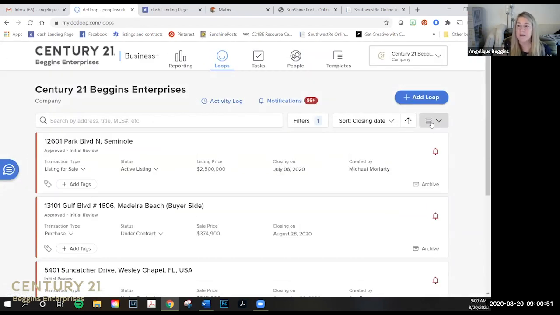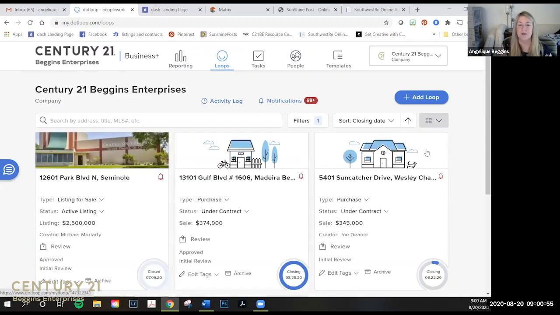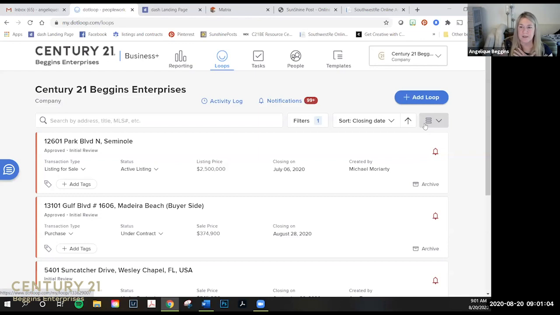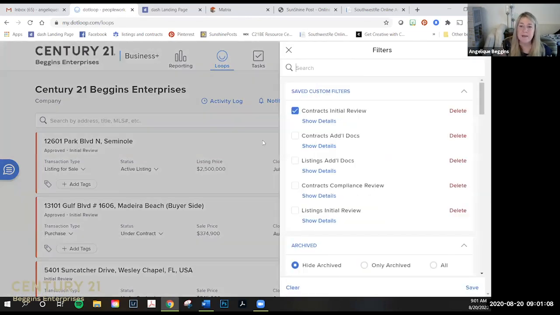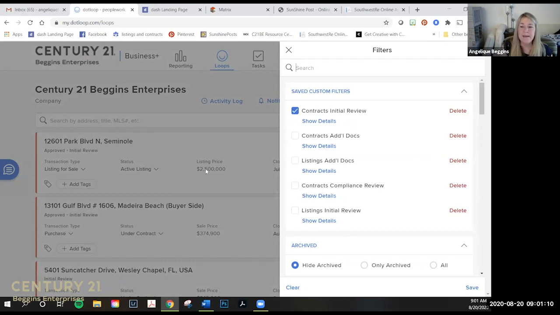Do you guys know that you can change the grid view too? You can change the look of your screen just by clicking here, so there's a list. I like the list view. If you want to use the grid view, by all means. And these filters are really important, you guys, because I'm sorry I got off track quick, but